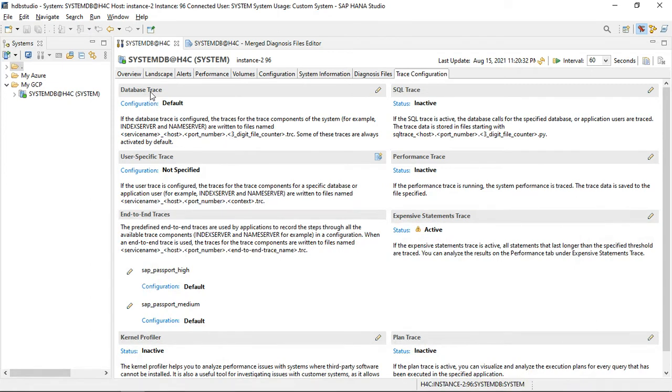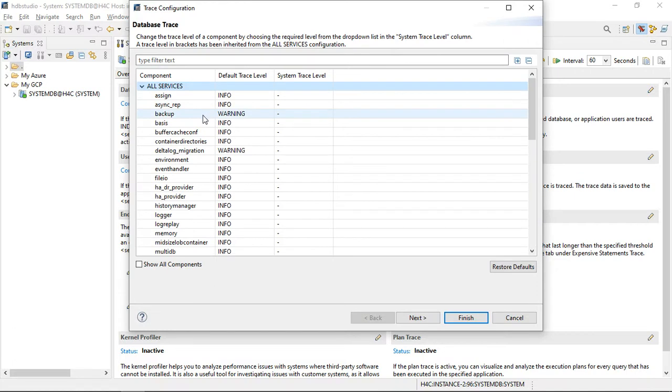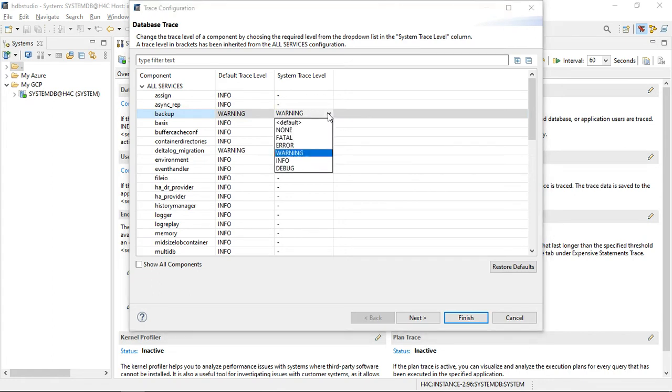Very first is database trace. This is the general database trace. Just click on edit and you can activate and put the filters from here. For example, if you want to understand or analyze backup, just select backup and you can put a trace level here like fatal, error, or default, all information.